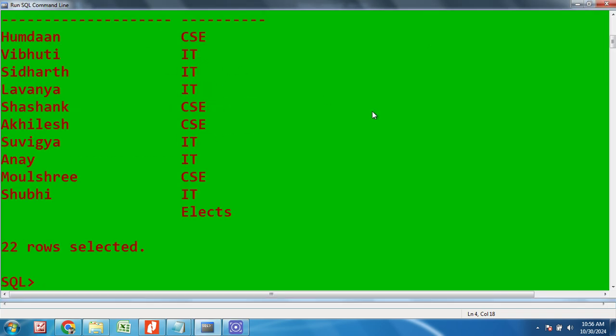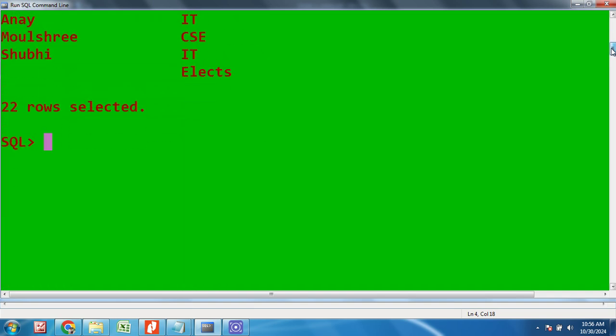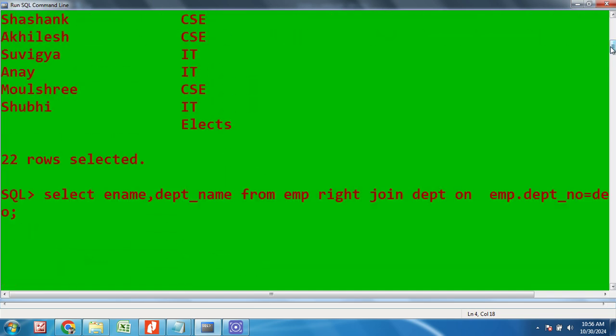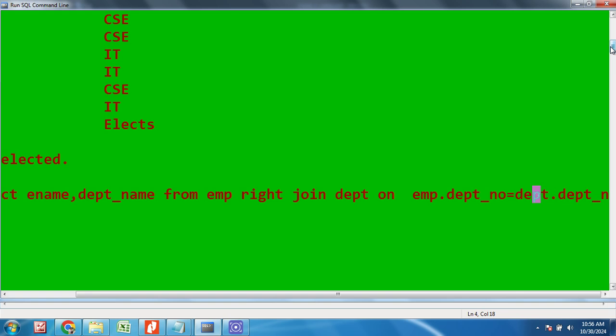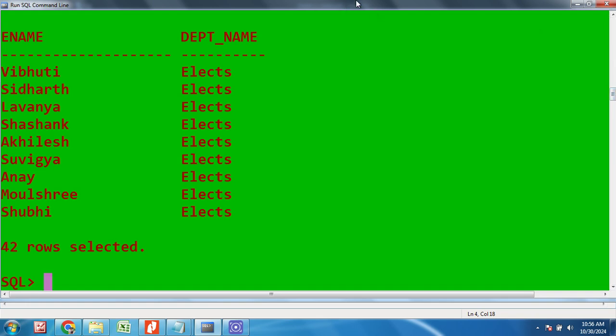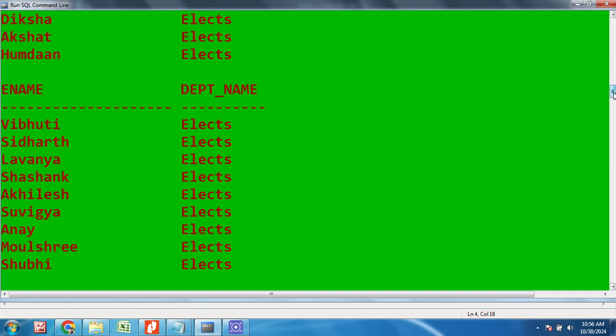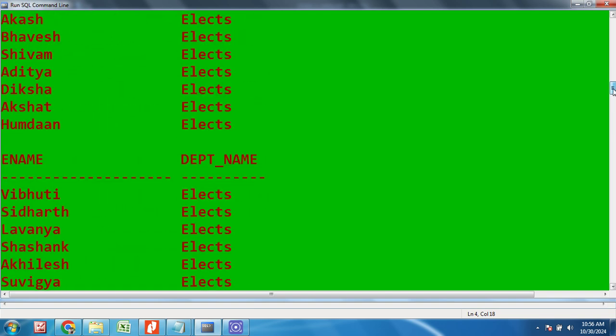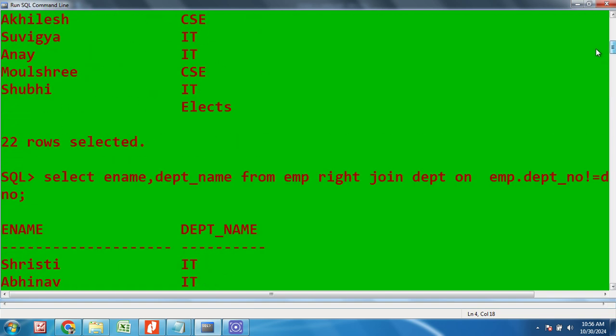So this is the output, where this is showing me electronics also. Okay, so this is an example of equijoin. Just try with that. Instead of equals to, just try to write not equals to. It will show me the non-match value. So here I can see electronics, every time electronics is not matching, from the department table. So this is showing me the non-matching value.